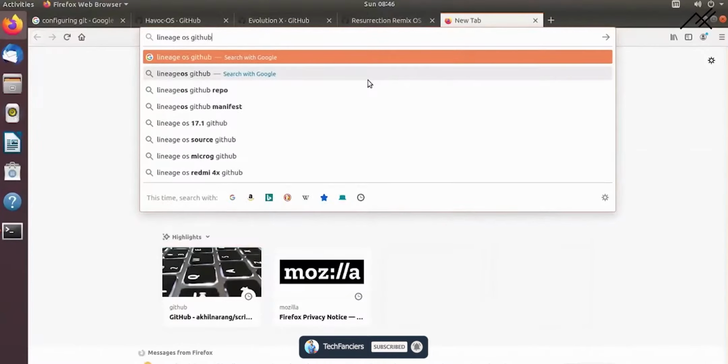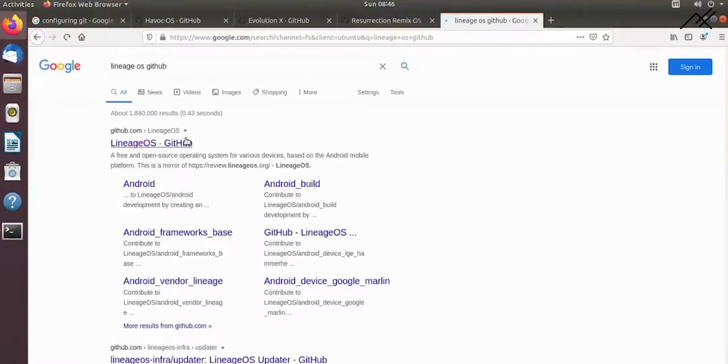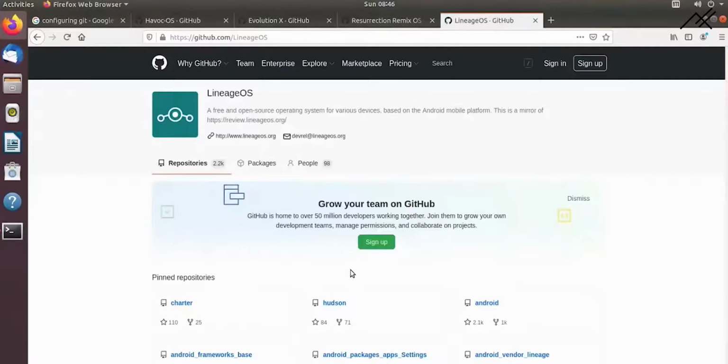So whichever it is, you have the tree, the working tree, you can start building it